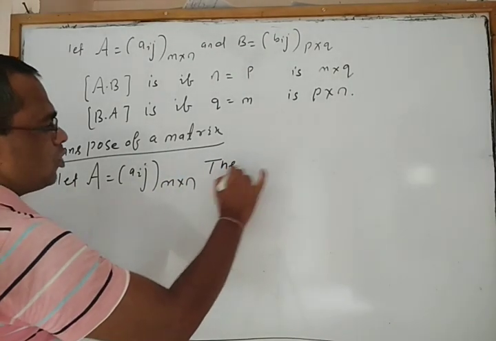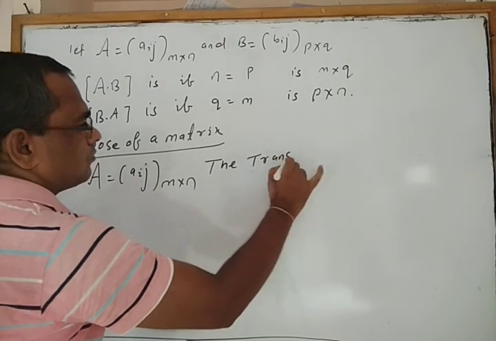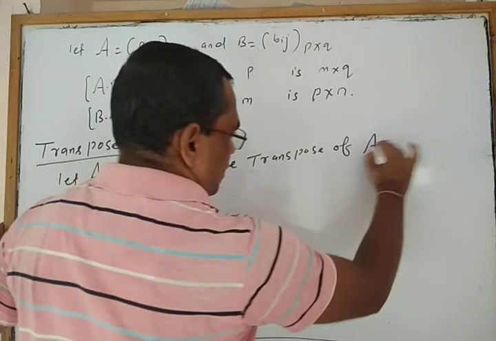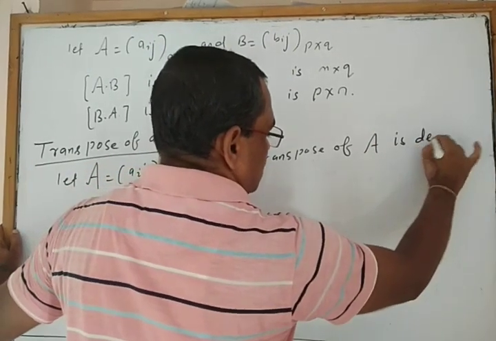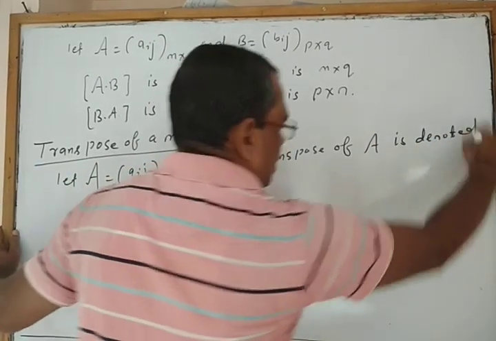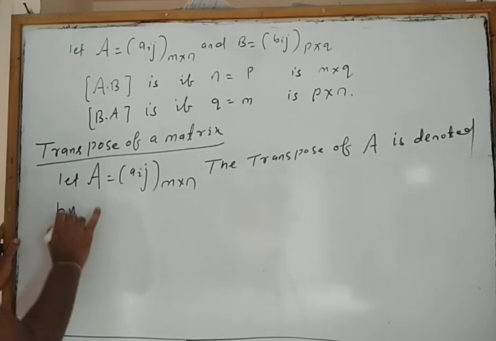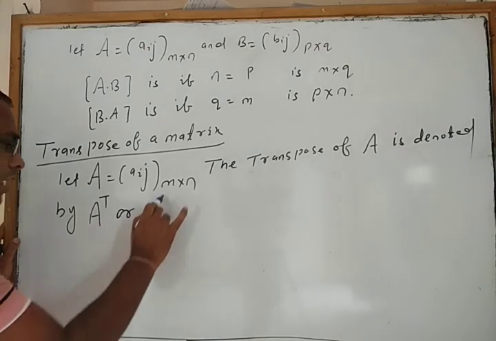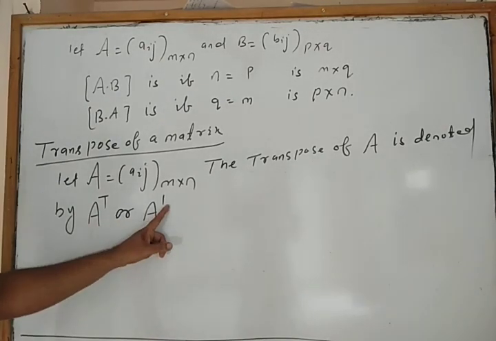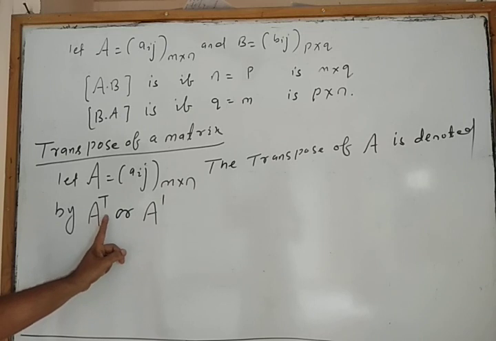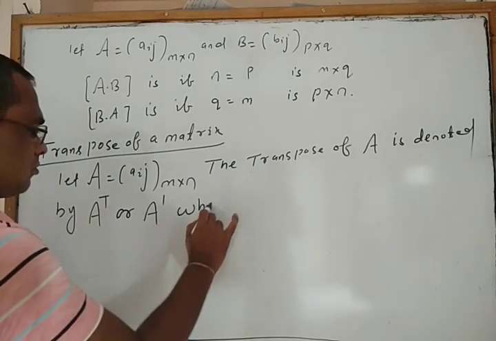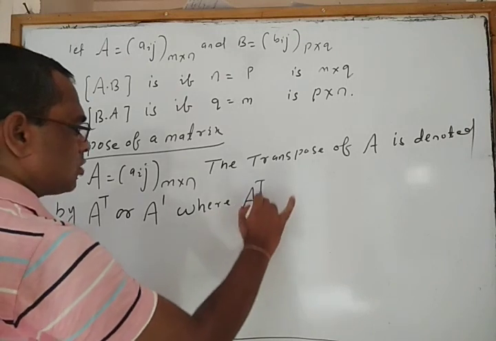The transpose of A is denoted by A transpose, A T for transpose of A, or A dash. A prime means transpose of A, or A T means transpose of A, where transpose of A is equal to